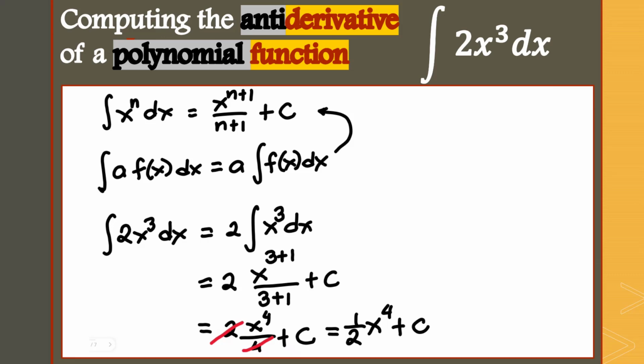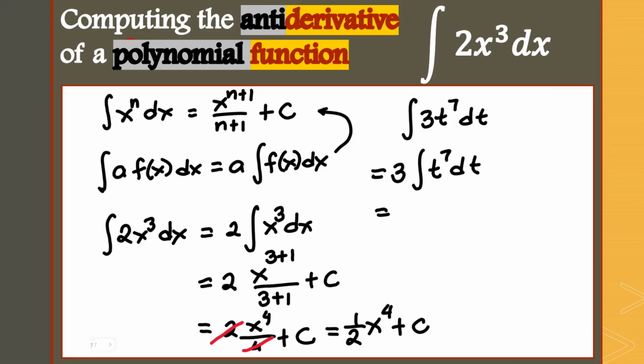Allow me to add another example here just to continue with the understanding of this item. Let's have 3t to the power of 7, with respect to t, of course, that's very important. So we are going to take out the 3, integral of t to the power of 7 with respect to